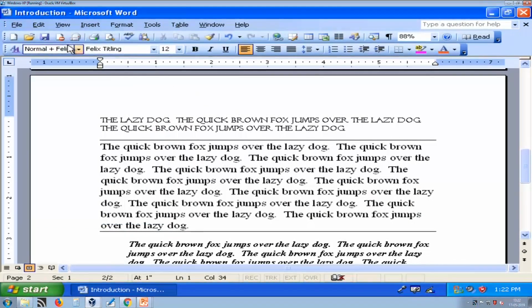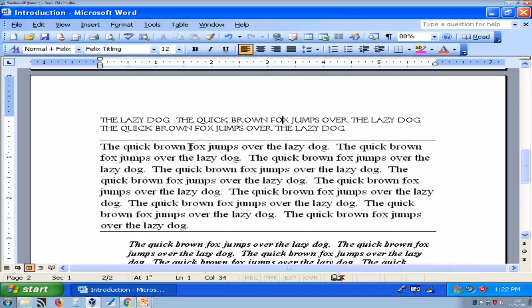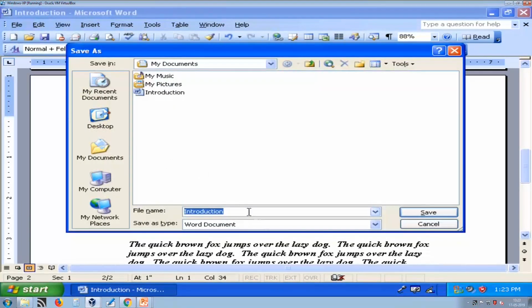Now, you want to create duplicate file. Suppose I am pressing save. Now, it is no more asking for file name because it is already saved, but suppose you want to create duplicate file and want to keep this file as it is, you can use save as. Now, this save as will create duplicate copy of the file.